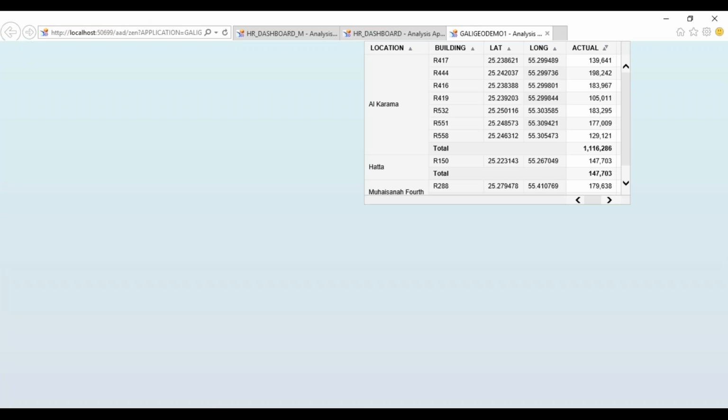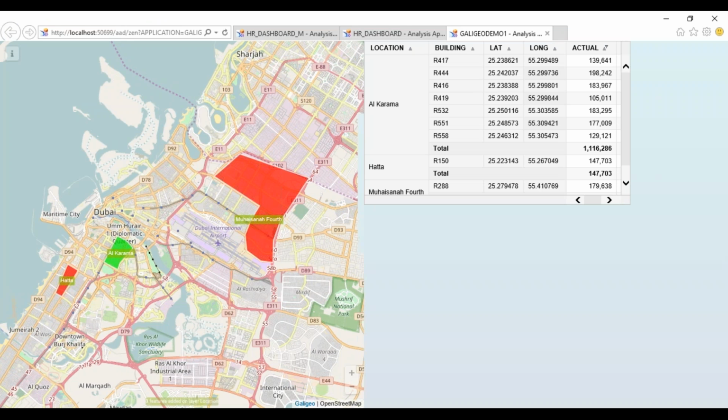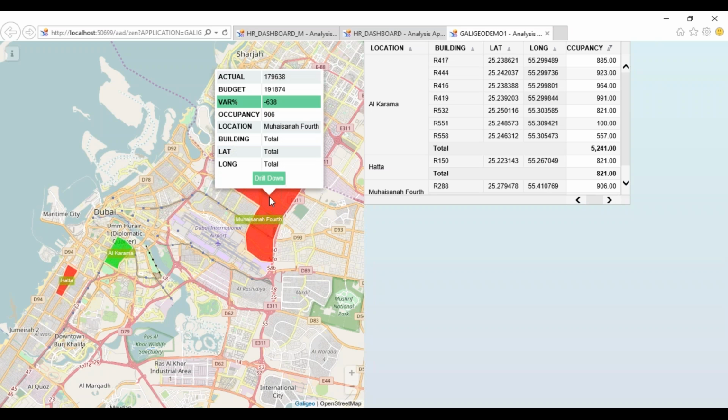This demo I created when we were working with Galileo and we were customizing their component. Okay, so this is one dashboard. On the left hand side we are showing a geo component. This is the Galileo component only. This is not the default component, and we are showing area colors based on its actual or occupancy, I'm not sure, but there is some condition. So if the area actual is more than 1 lakh, then it shows in green. If it is less than something, it shows in red or some other color.